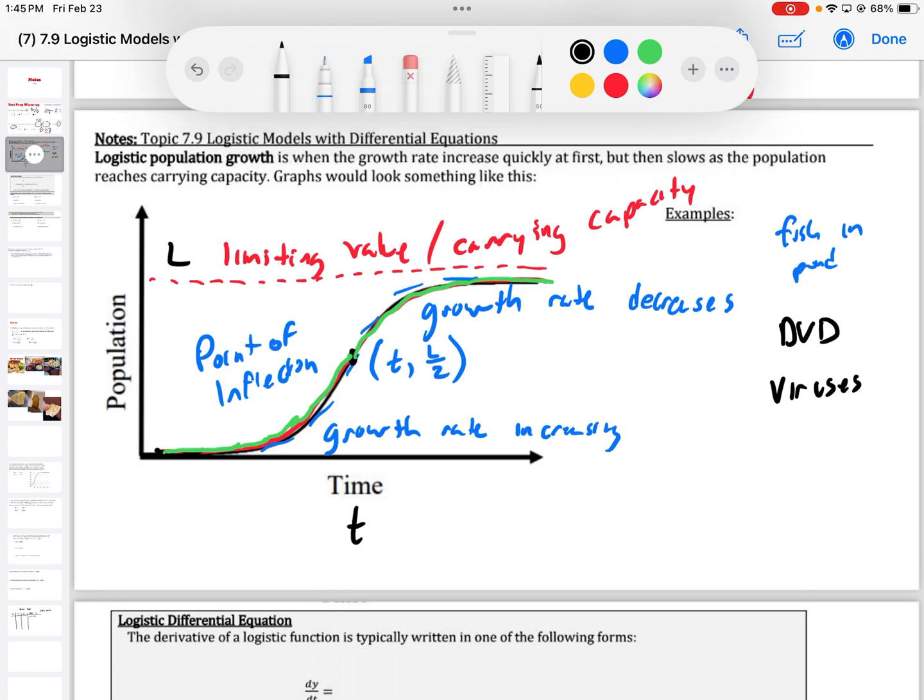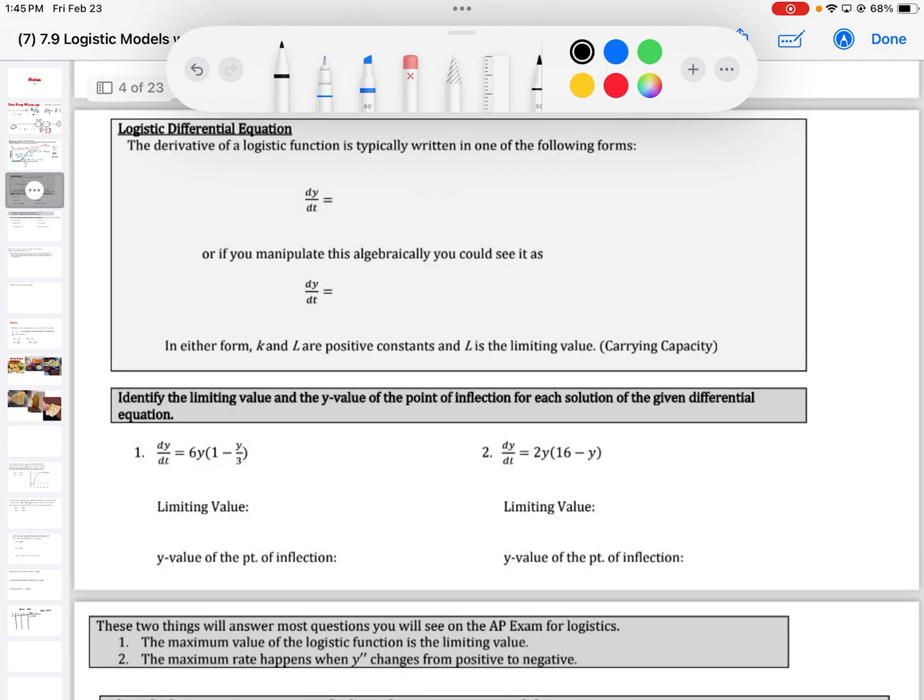Okay, one thing about this is the solution curve. This is with respect to t and population. That's not a differential equation. That's the solution. All right, I need to get this part down. On the homework answers, I wrote that you had to memorize something. I don't think you need to memorize this stuff, because on all the examples I've seen,